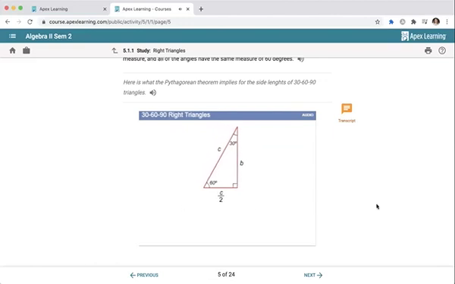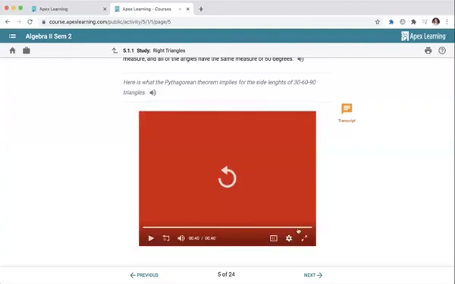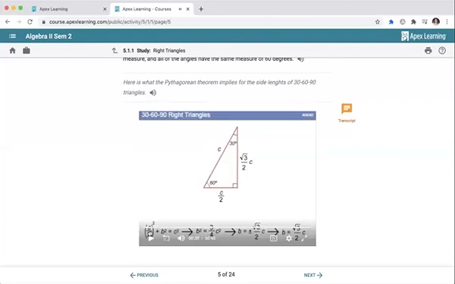To find the length of the longer leg, you can use the Pythagorean theorem to write the relationship between the legs and the hypotenuse. As these calculations show, the longer leg of a 30, 60, 90 triangle is equal to the square root of 3 over 2 times the hypotenuse. Okay, again, nothing that you don't know how to do. All they did was plug it into our a squared plus b squared equals c squared formula. They executed some algebraic